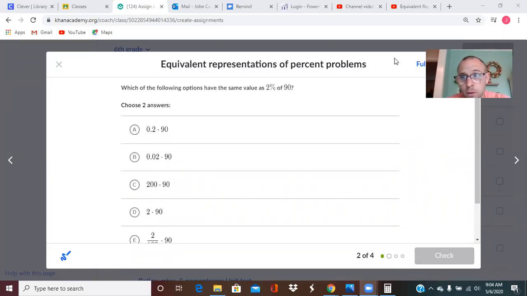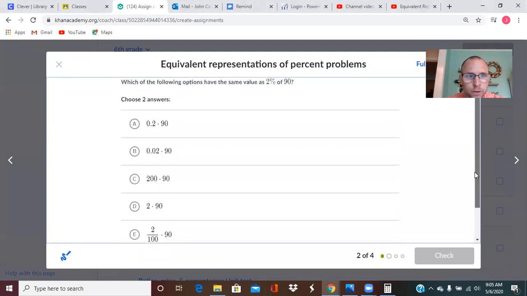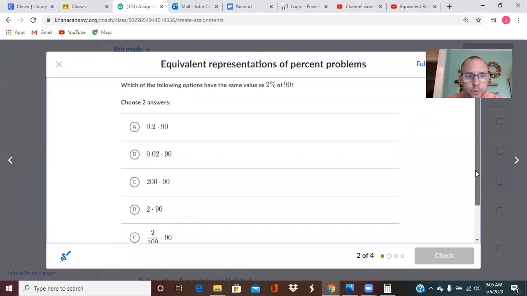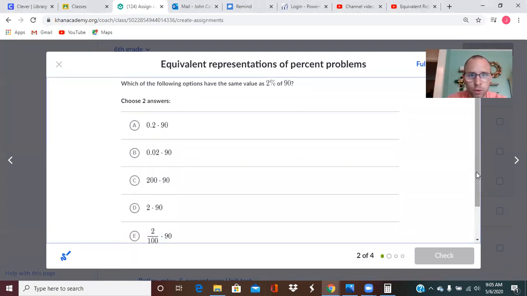I realized in the last video that you couldn't even see the calculator, so I'm going to do another example for you. You might have this problem too. Again, it's wanting us to find which of these, A, B, C, D, E, well, there's no F, which of those is equivalent to the value of 2% of